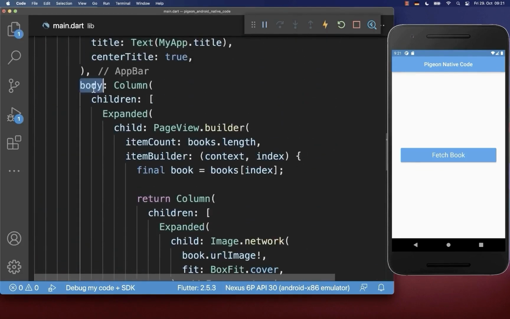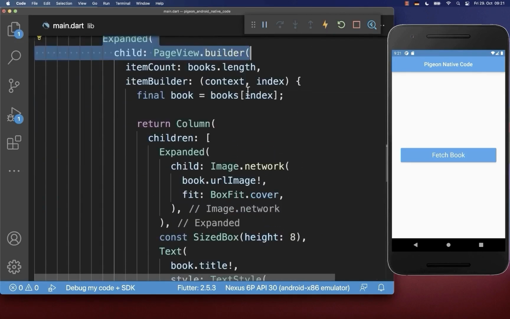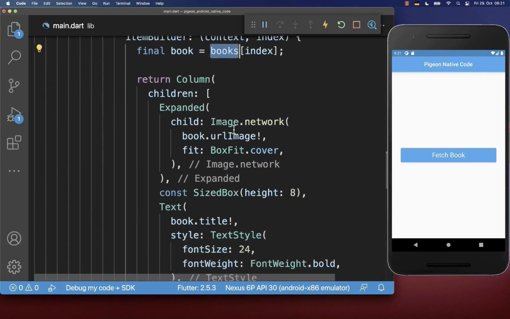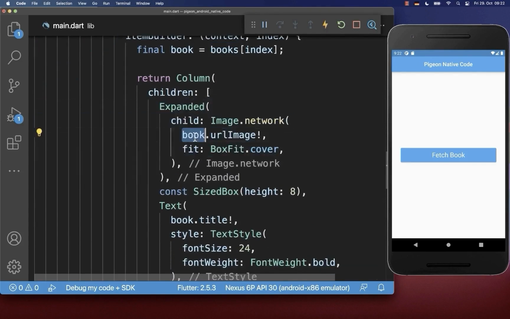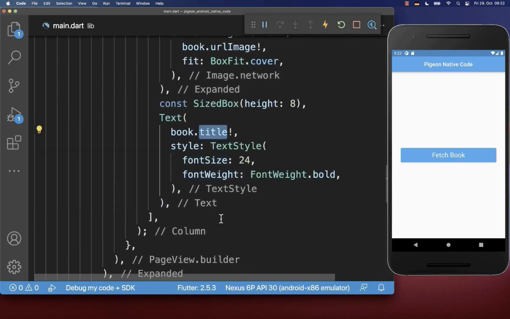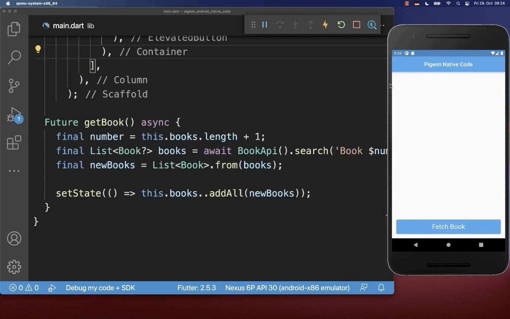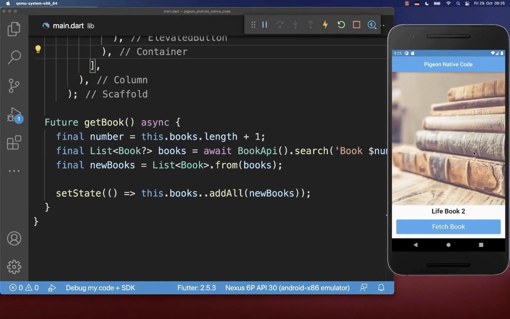Therefore, I change the implementation of our scaffold body property, whereas I create a PageView builder, and here we get all the books. And I simply display in a column the image, so we display the URL image of the book and also the generated title that we have randomly generated on the Android native side. Let's also try it out. Therefore, make sure that you restart your Flutter application, and then you can click on this button, and it will fetch the book with the image and also the random title. And if I click again on this button, it will fetch another book, which we see then in our